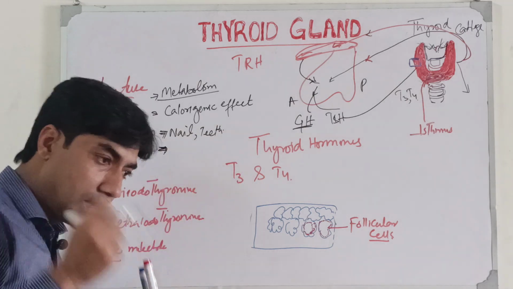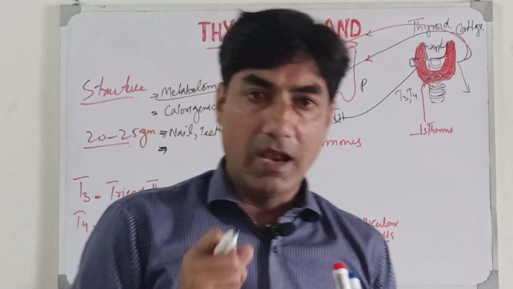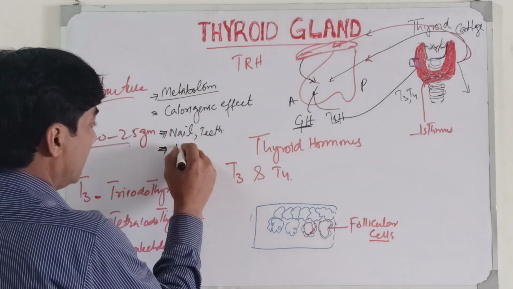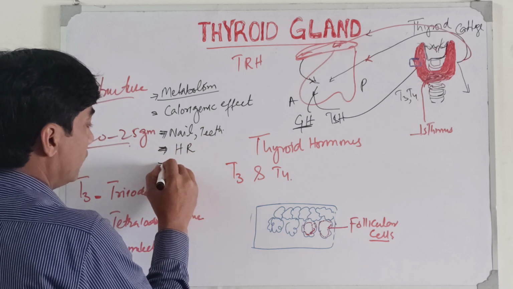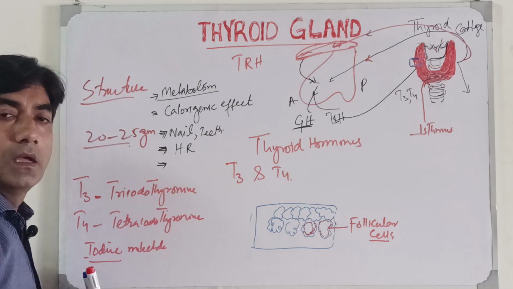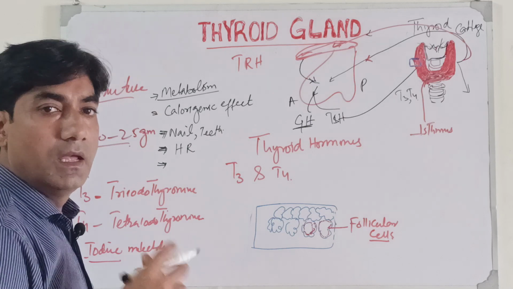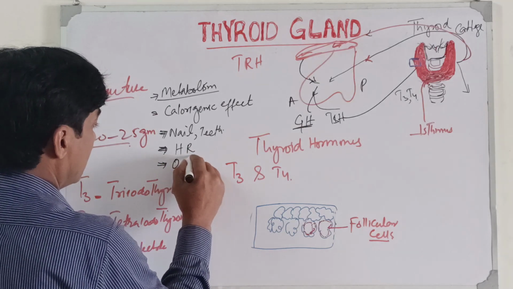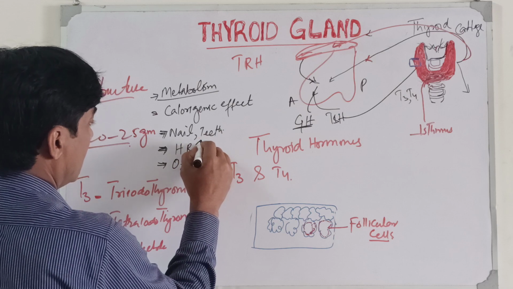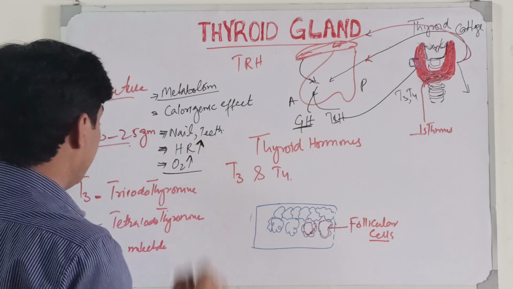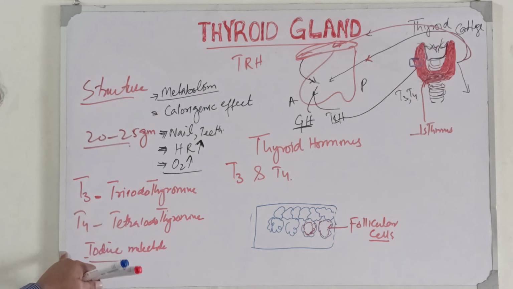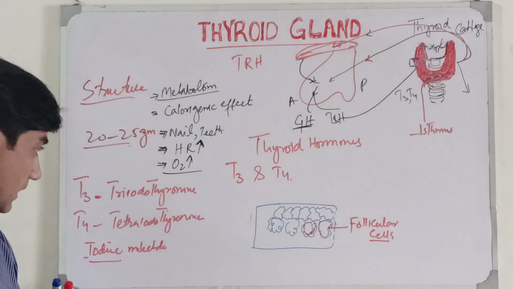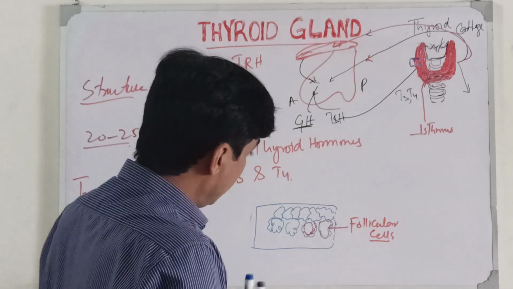It also helps in alertness, and also increases the heart rate. It is also helpful in oxygen consumption. The functions of these T3 and T4 hormones we have discussed, but there is another